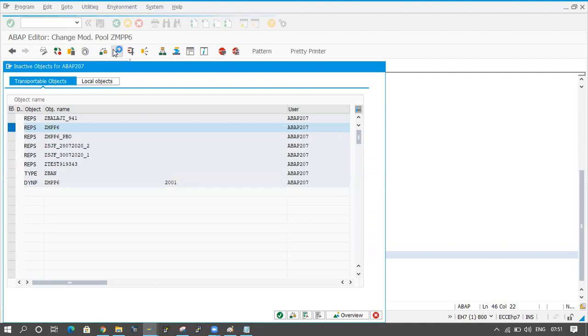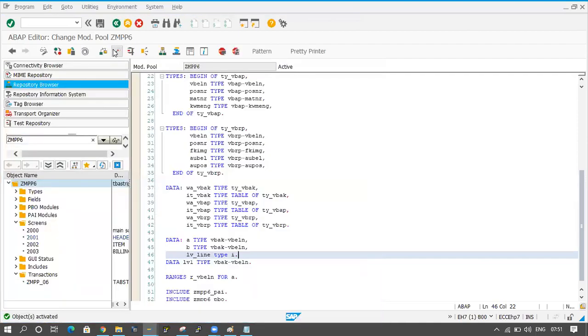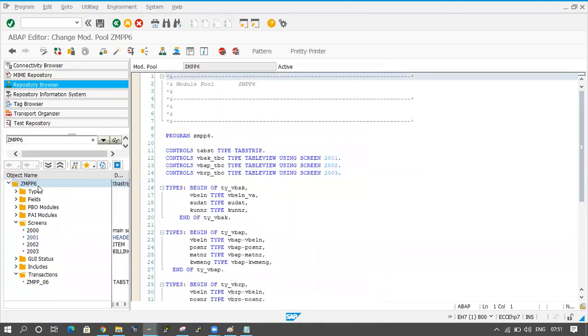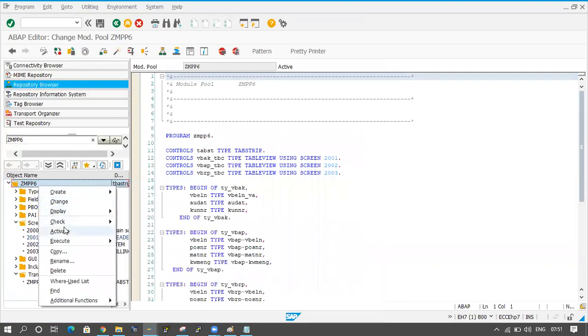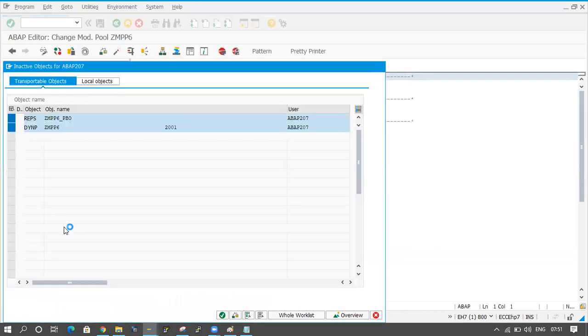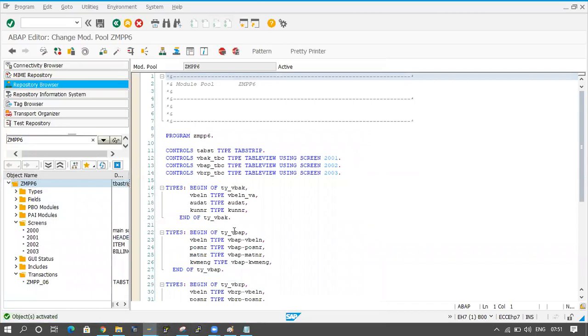Just activate it. And now double click on the main program and right click it. So this is for VB